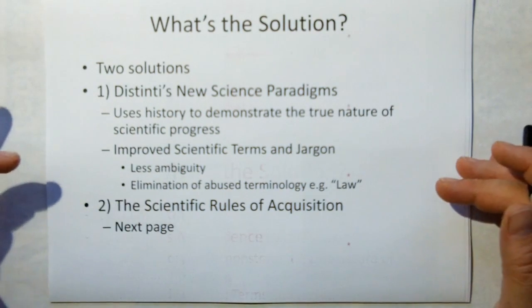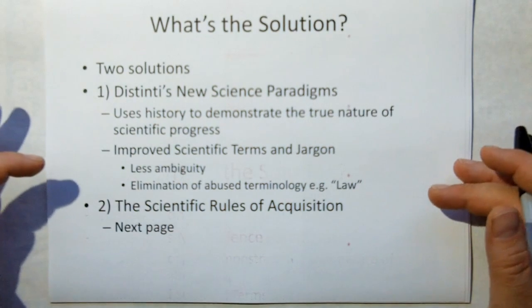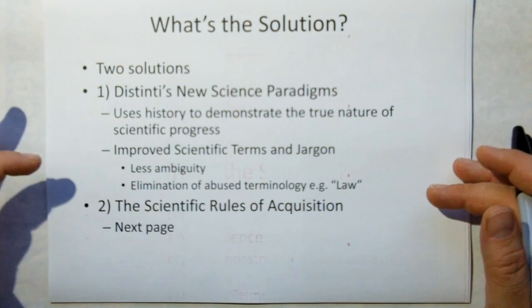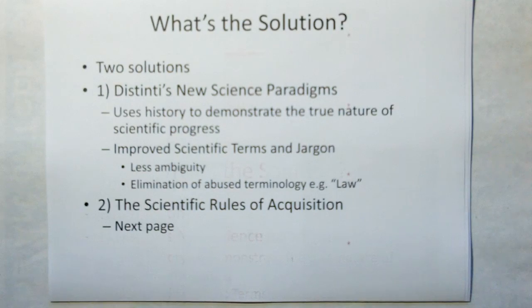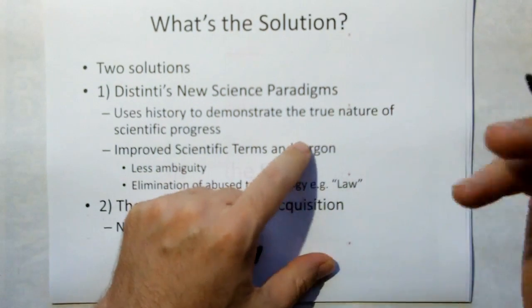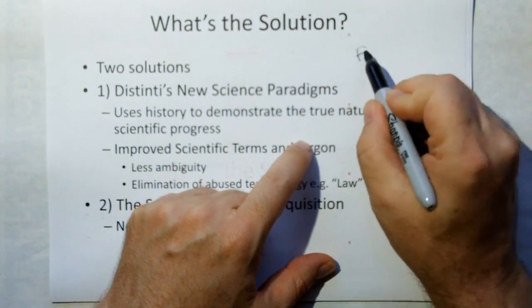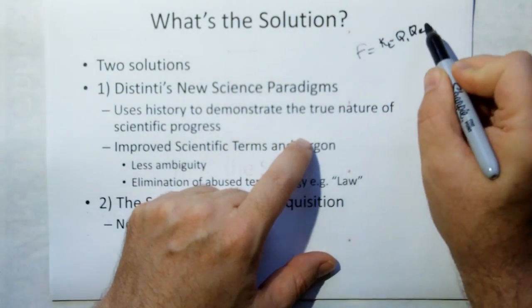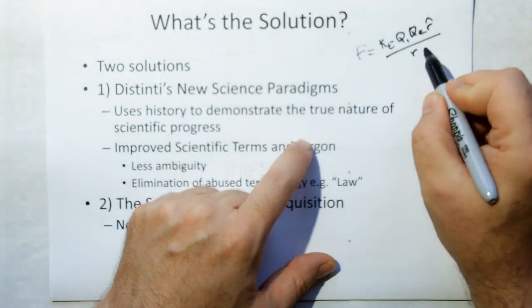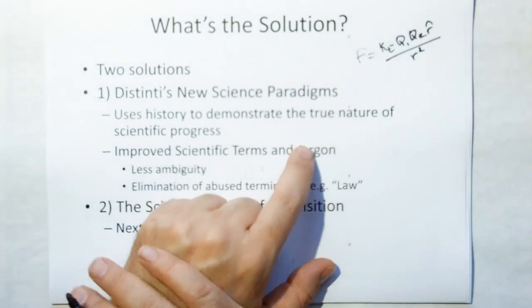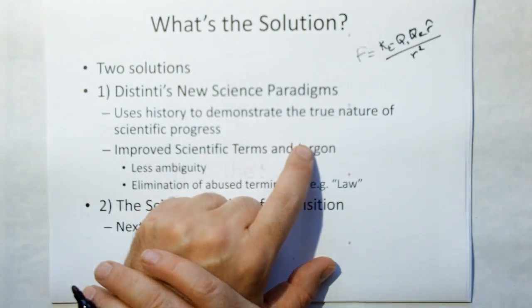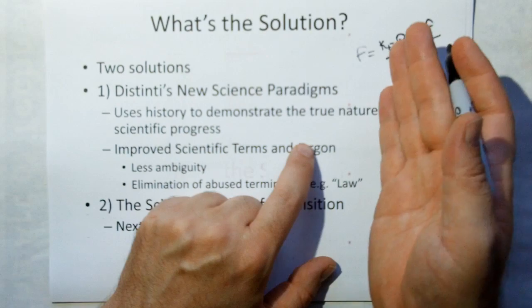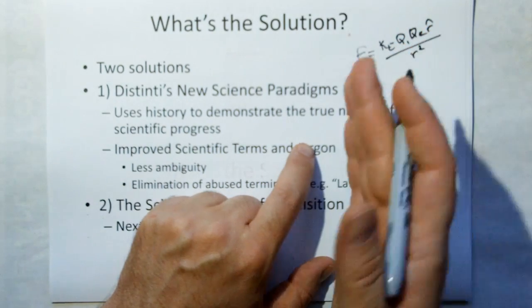Stop calling everything laws. Oh, the law of gravity. We don't know what the law of gravity is. All we have are empirical models. Take Coulomb's model. Oh, we think we know everything about electricity. Coulomb's model is force equals Ke Q1 Q2 over R squared. My friends, this is not a law. It's an empirical model. We call this Coulomb's law. It's not a law. It's just an empirical model.